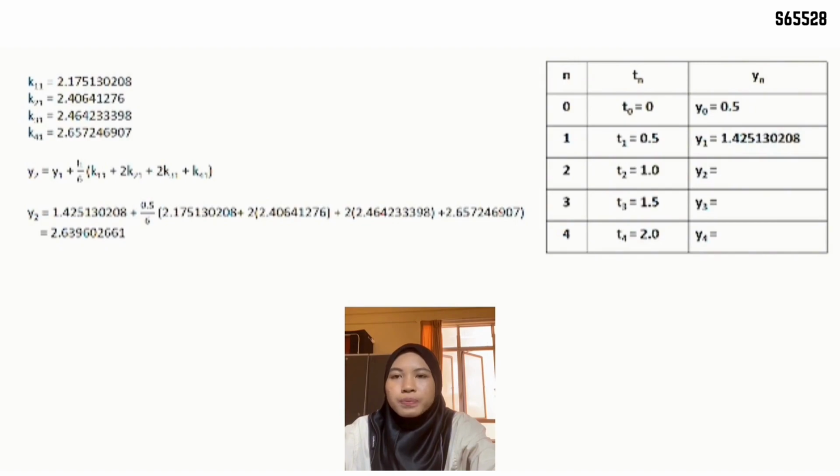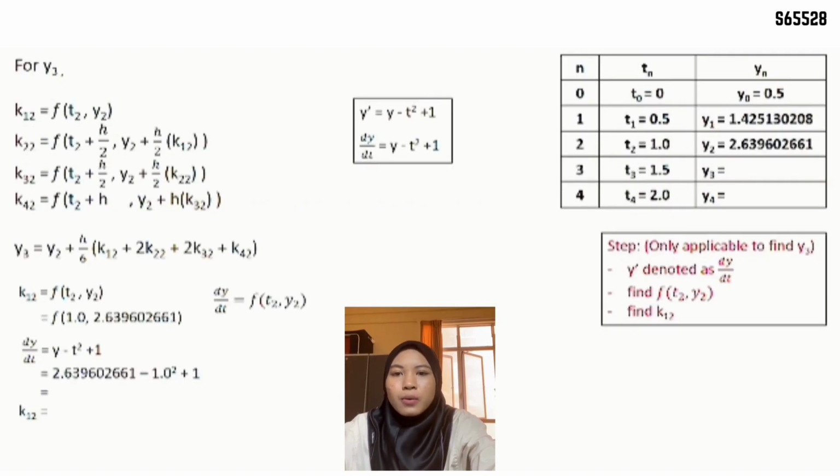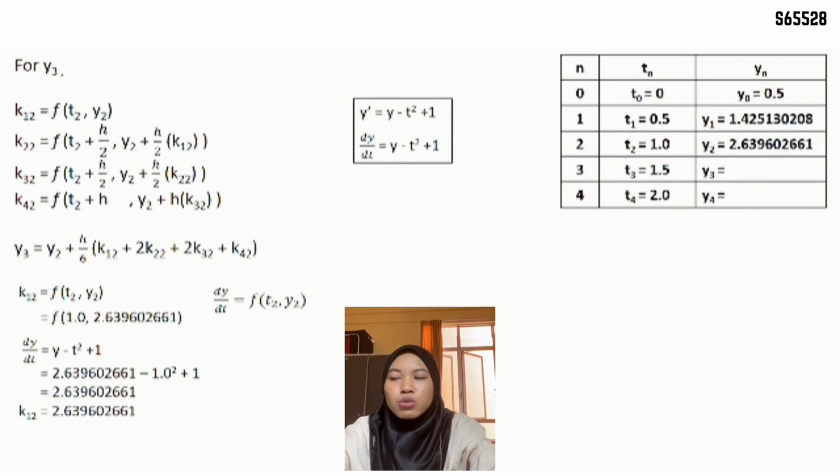2.63960261 for y2. And then we find the y3 using the t2 and y2. So we must find the k12, k22, k32, and k42 to find the y3. So the y3 formula is y2 plus h over 6 times k12 plus 2 times k22 plus 2 times k32 plus k42. Then firstly, same as when we found y2, we must find the k12. So for k12, we substitute the value of t2 and y2 in the equation of y minus t squared plus 1, and we get the answer for k12, which is